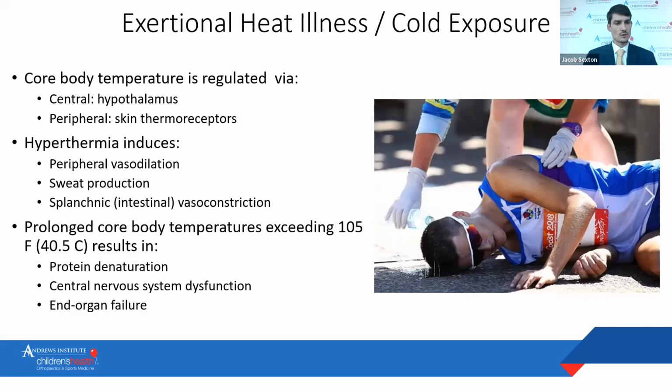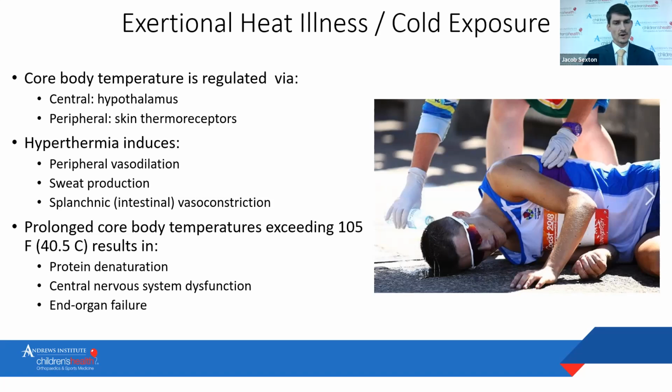Elevated internal core temperatures, also known as hyperthermia, induce peripheral vasodilation, which allows heat dissipation to the skin and to the ambient environment. It also allows sweat production. That internal heat that occurs during exercise gets transported to the surface in the form of sweat, and is subsequently dissipated into the environment through wind and other exposures and evaporation. It also induces splanchnic or intestinal vasoconstriction. So instead of having blood pulling into the main core body, the body is going to attempt to move the blood and the volume to the extremities to help dissipate that heat and help protect the internal organs.